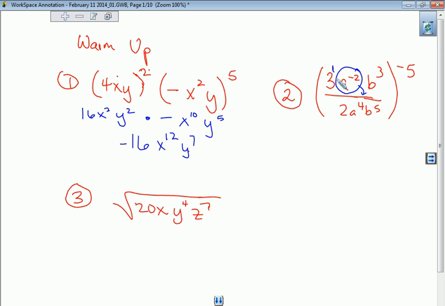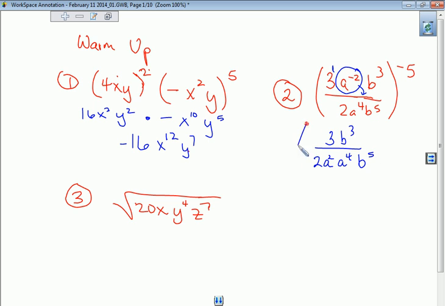Now, the 3 is actually raised to an understood 1st power, so will it move? No, because this is really 3 times a to the negative 2nd times b to the 3rd. And even though we don't say the times, we know that they're actually all multiplied times each other. So the only part of this expression that's raised to a negative power is the a. So it moves down. All right, so what we have is 3b cubed over 2a squared, a to the 4th,